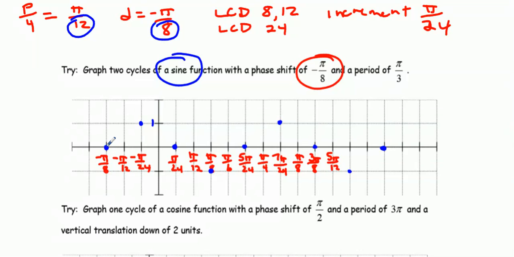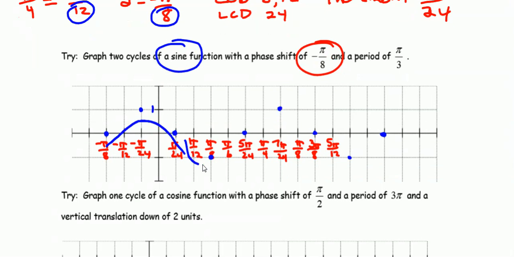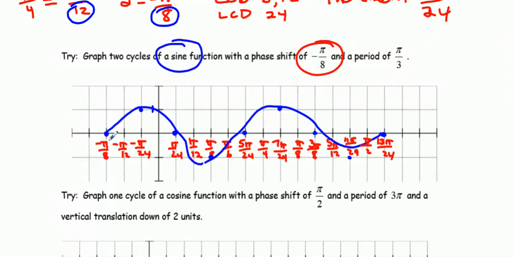2 cycles. Make sure everything is going over by 2. Oopsie, don't know what happened there. So 2, 2, 2, 2, 2, 2, 2. I would finish off my scale. You don't have to put every one of these on, but it's helpful at the beginning so that you know what your increments are. So I would be doing it for a while until you can get more comfortable with the process. So this was 10 pi, this is 11 pi by 24, 12 pi by 24, 13 pi by 24. We're going to label, again,